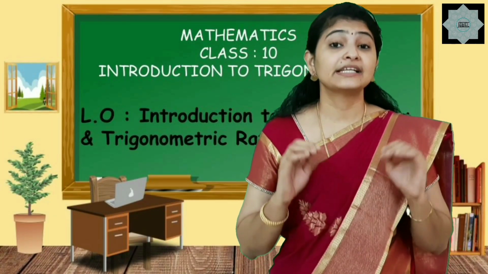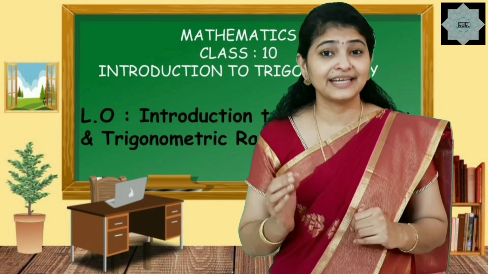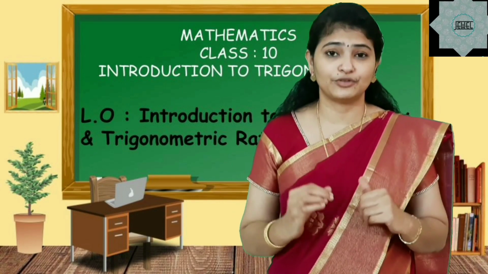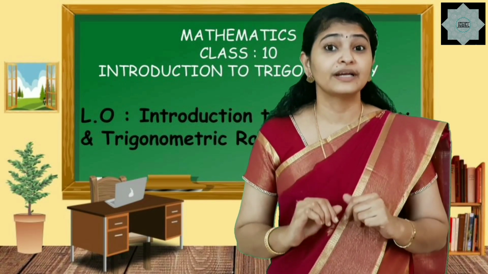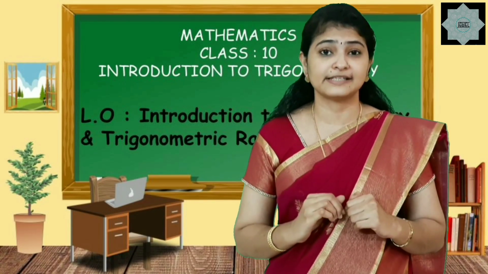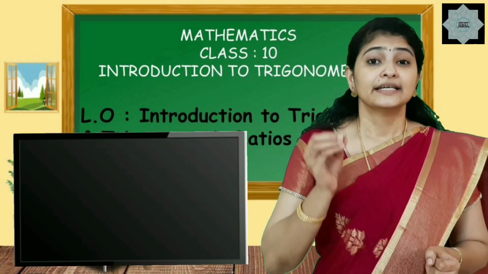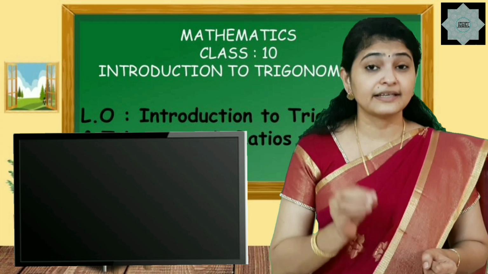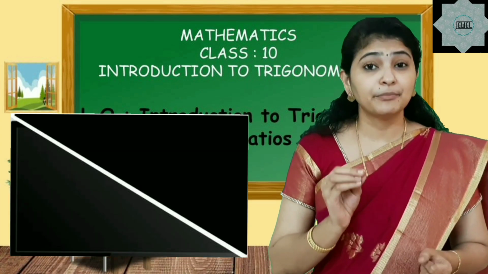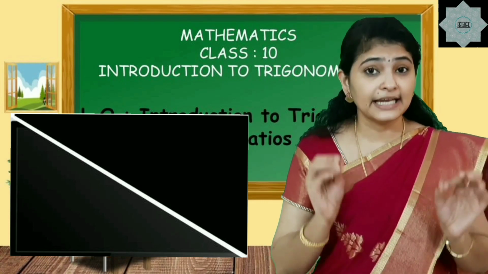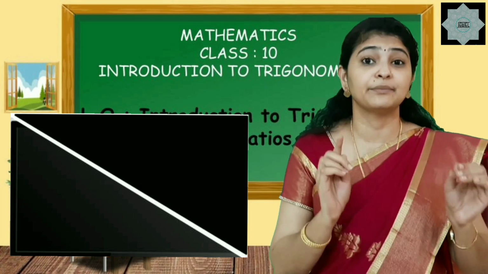Till now, we had studied a lot of triangles. We had learned about coordinate geometry and we had learned about similarity of triangles. And now, if you look around you in the world, you can find that there are many triangles possible. Let us consider a TV screen. If you look at the screen, the measurement of this screen can be given in the form of triangles. Even this screen can be broken into two triangles and the length of diagonals of these two triangles can be used to find the dimension of the TV screen.